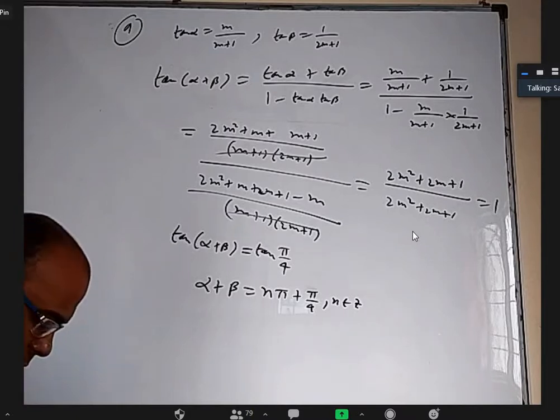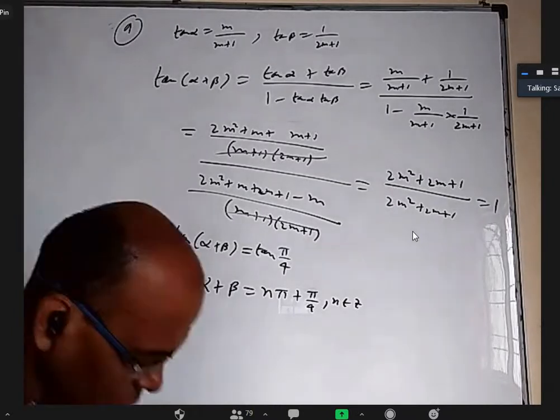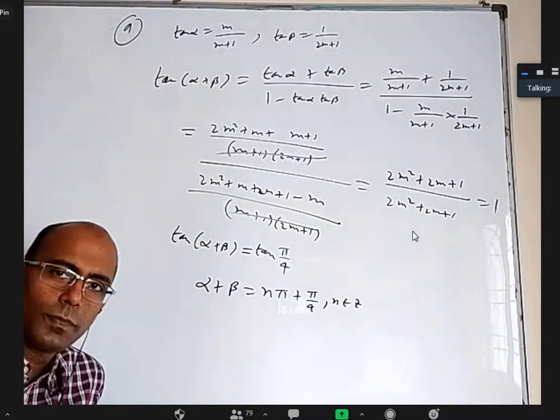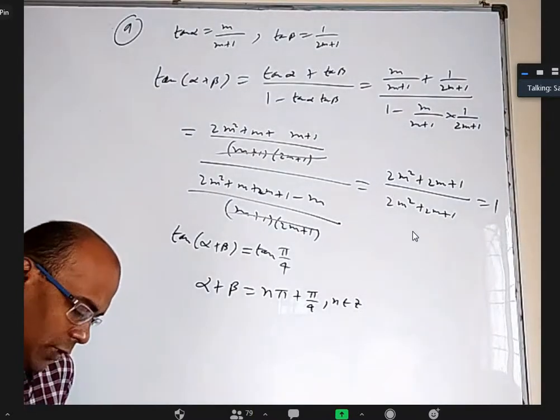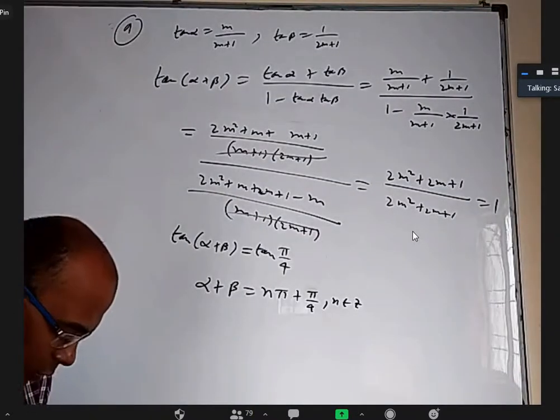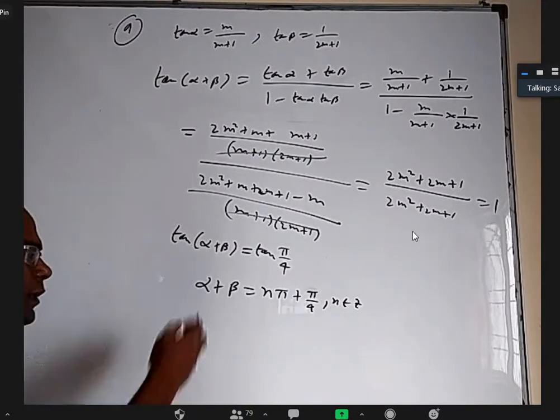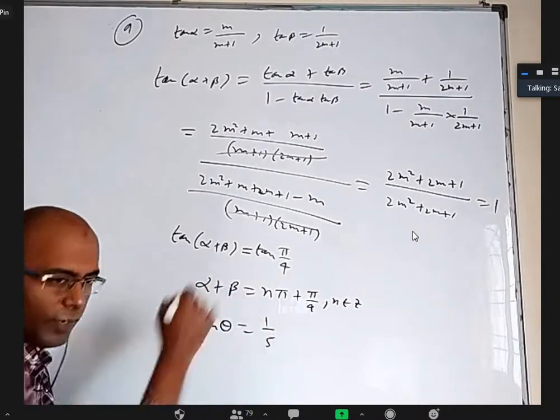Yes. Another way is you divide with cos square theta all over. When you divide with cos square theta all over, it will become a quadratic equation in terms of tan. Am I right? Yes, sir. So you can do like that, or you can split the middle term like a quadratic equation also. One more thing I did not tell explicitly, maybe, but let me make this point. Let us say tan theta equal to 1 by 5.